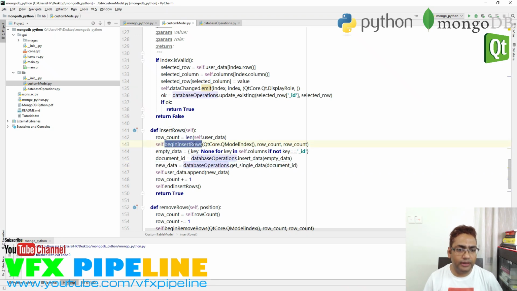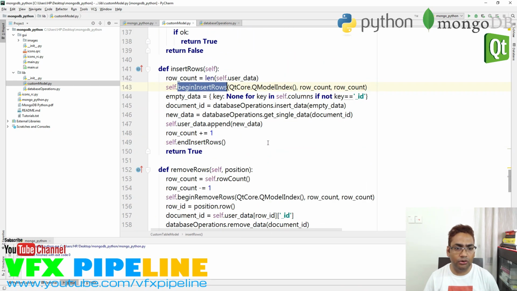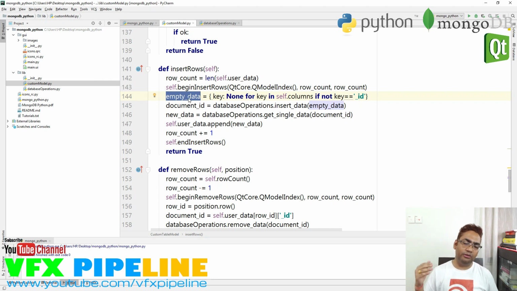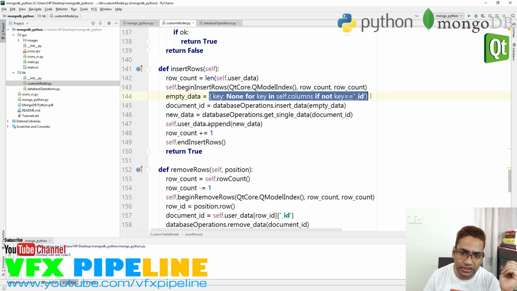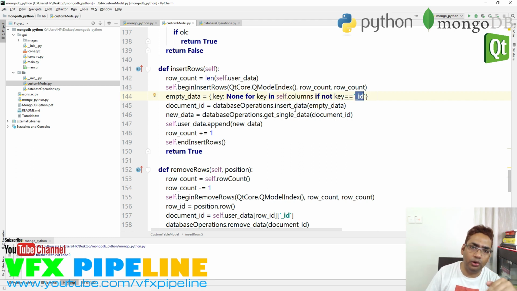So here, if I go through the breakdown of this function, where actually we are providing an empty data into it. Before, when we are creating a new row, that means an empty dictionary we should provide. And if you go closer to this, what is going on here is, since we know the columns, in our columns we have something like first name, last name, photo, something like that. We will take all those columns, but we will remove the ID, because ID will automatically generate for the new